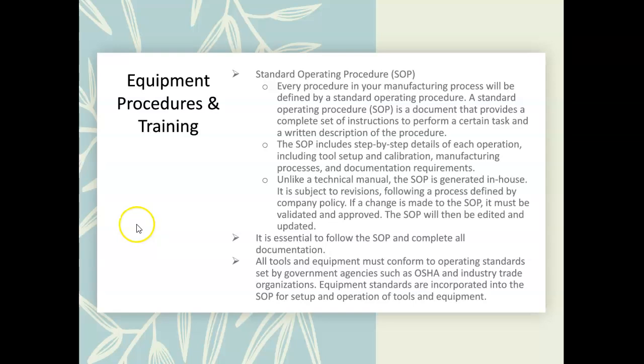So we've already done, and you guys have written and are starting to become familiar with, standard operating procedures or SOPs. Obviously, every piece of equipment, every process, everything that is being done on the manufacturing floor can be documented with SOPs. It is essential for you to follow those SOPs. If they are written well and are understandable, they do make your job easier, making it easier for you to follow along